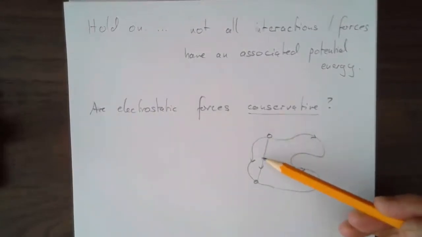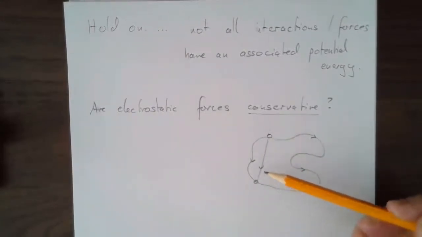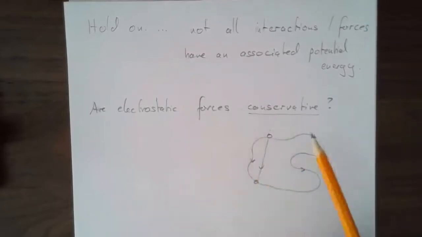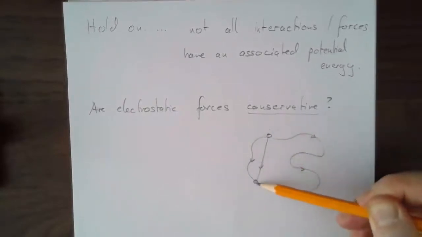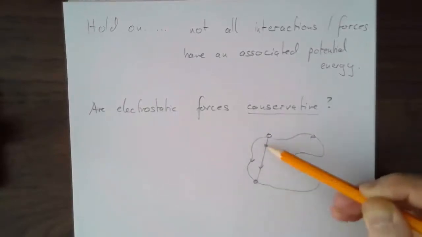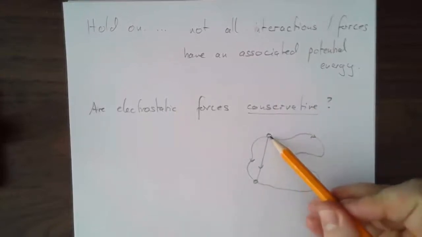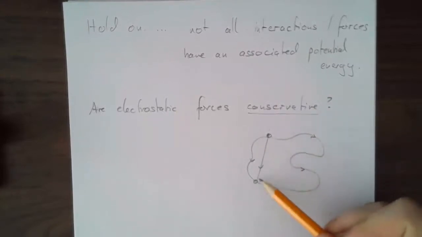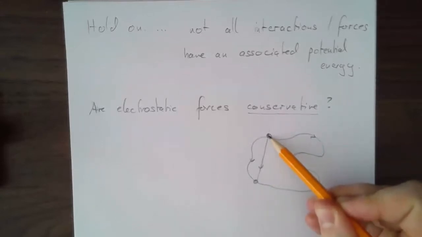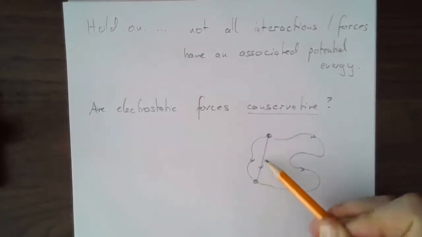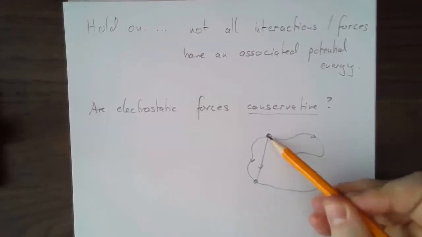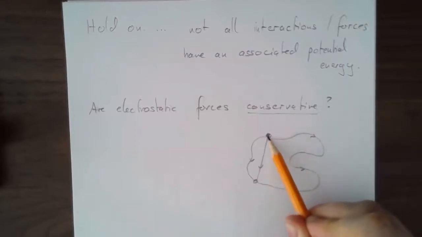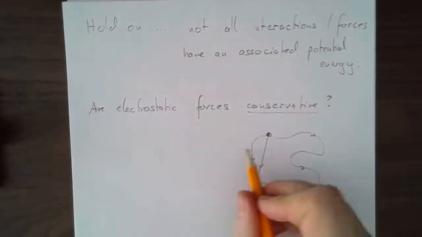If the work done due to the force you are worried about, in our case electrostatic forces, is the same no matter whether you go from here to here, or from here to here, or from here this way around, then the work that gets done as the force goes from here to here is just associated with the initial position and the final position, right? In that case, I can call the work that gets done as the object moves from here down to here the potential energy, right? So the same work